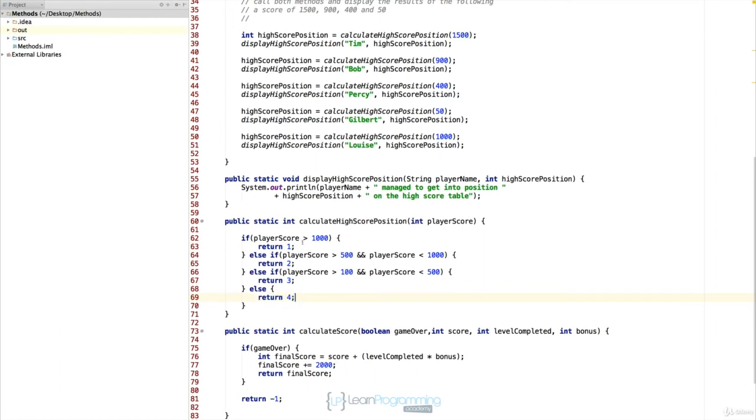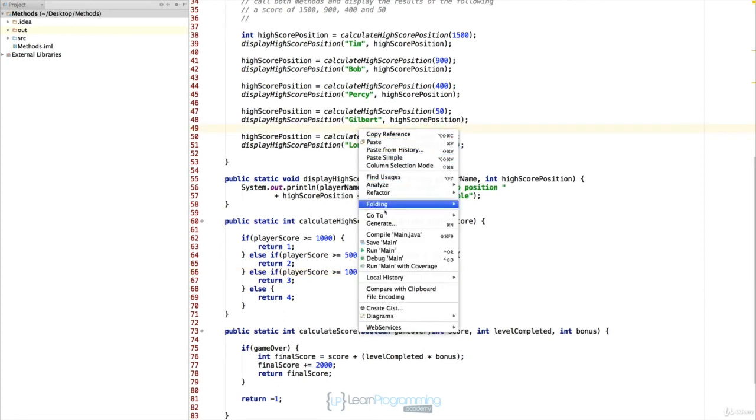So what we should really have done there, or what I should have done, is put equal there. So if the player score is greater than or equal to 1,000, that's going to be position 1 in the high score table. So that's just that change. And likewise, if player 2, if the score is greater than or equal to 500 and it's less than 1,000, to return 2. And the last test would be if player score is greater than or equal to 100 and less than 500. So if we do that, that should actually fix all our logic problems. So if we just actually run that again,